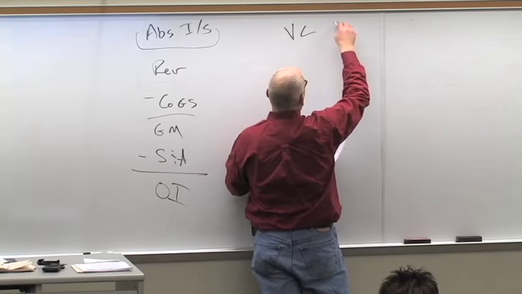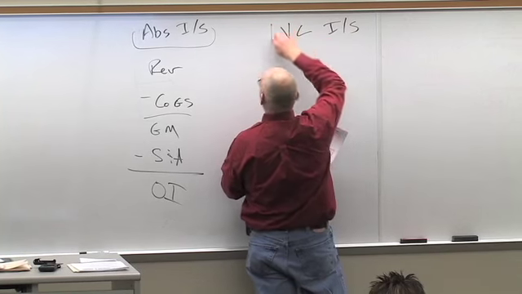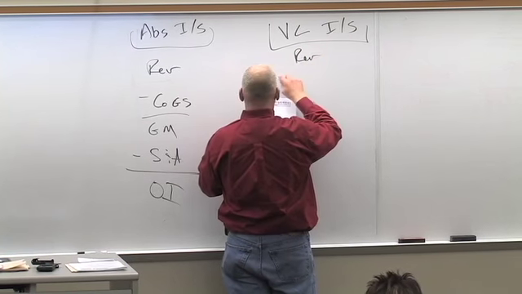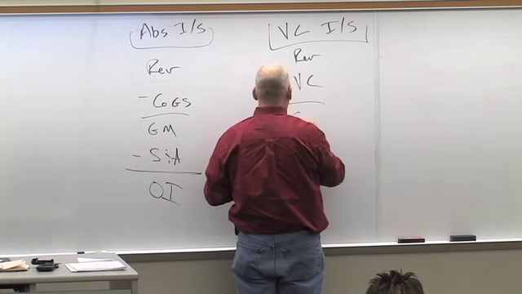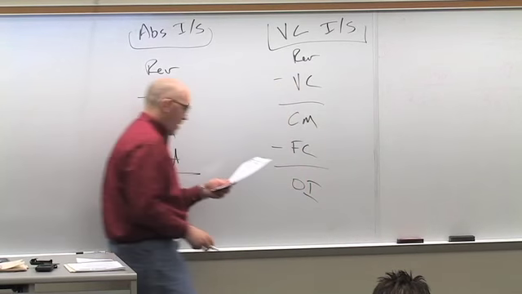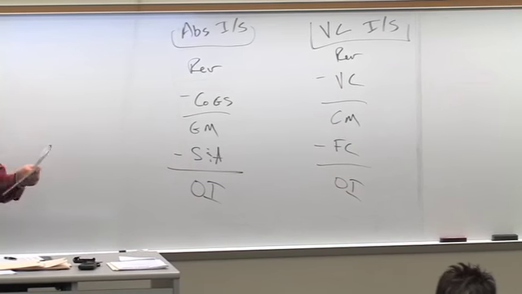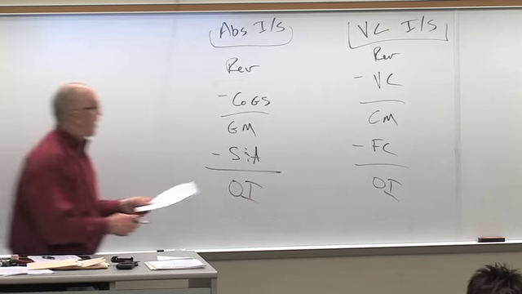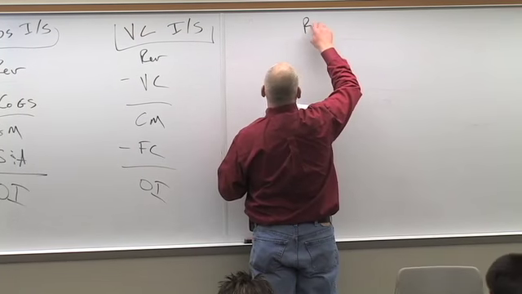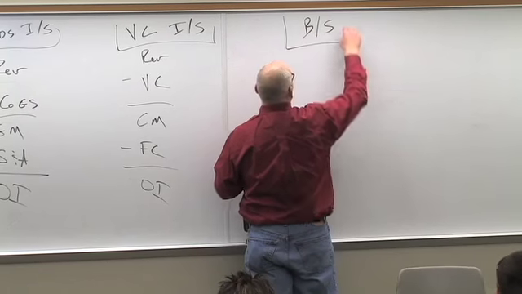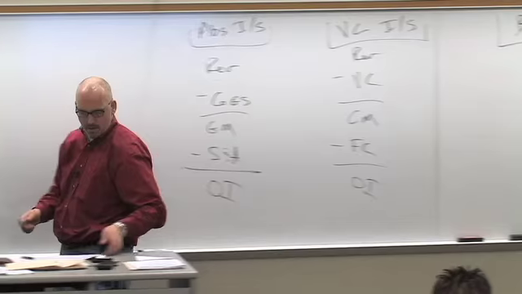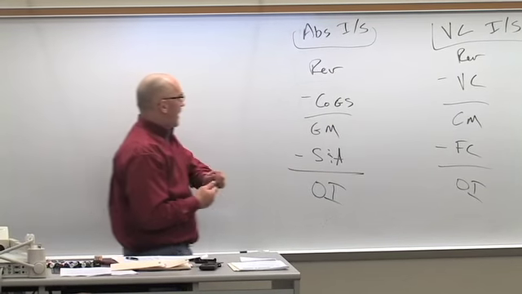Variable costing: revenue minus variable costs equals contribution margin, minus fixed costs, equals operating income. Balance sheet. So the absorption costing income statement, this